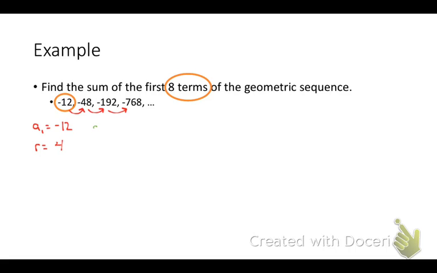So S sub 8 equals negative 12 is my first term times 1 minus 4 to the 8th power all over 1 minus 4. So again, in terms of the order in which I'm going to do everything, I'm going to do 1 minus 4 to the 8th power first, and I'm going to get negative